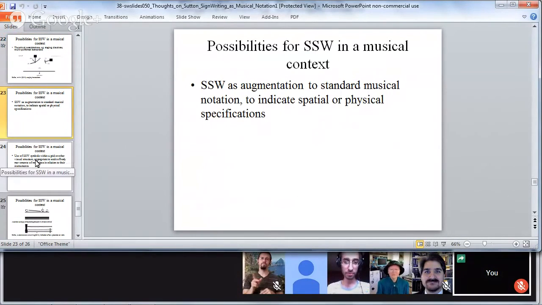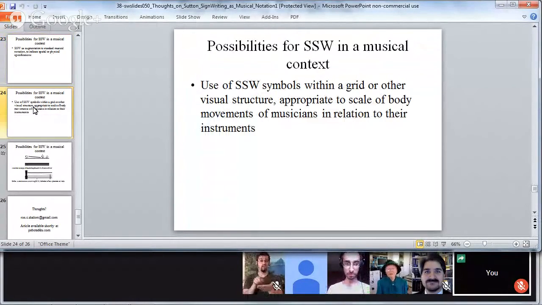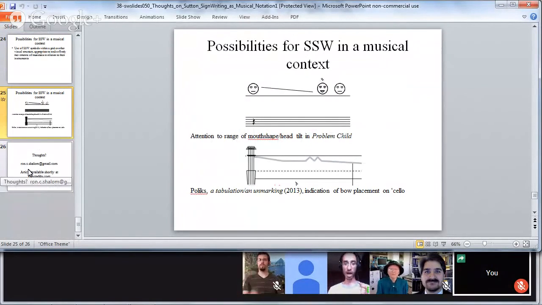Okay. You could also very clearly see how it could be used to augment standard notation, such as what Pollux used, but in a more constrained context, which is exemplified in the next slide. And you can go to the next slide after that. So well, let's do it for a second.